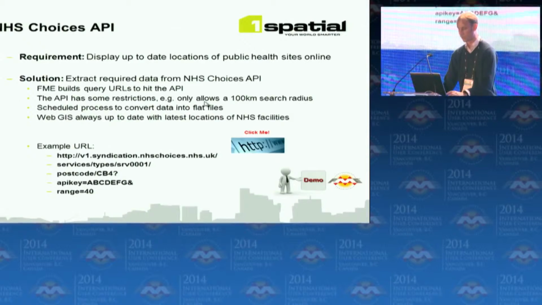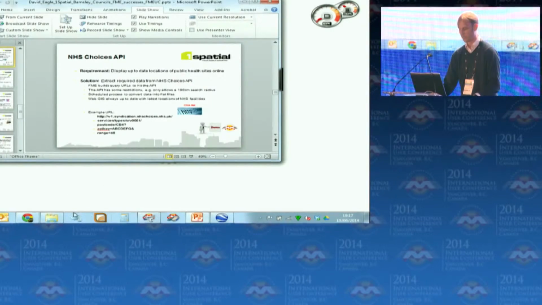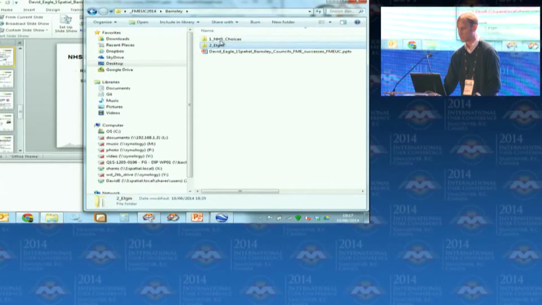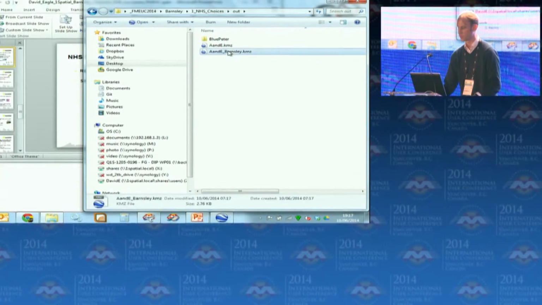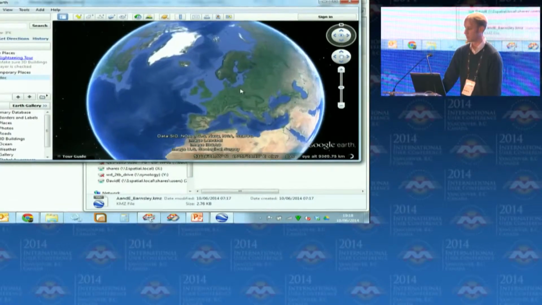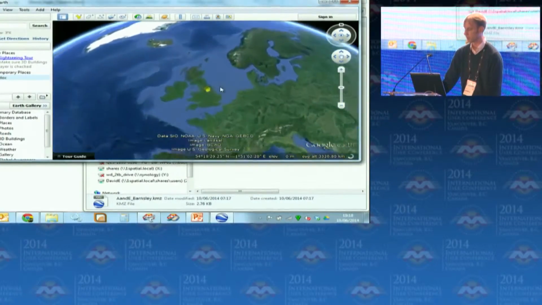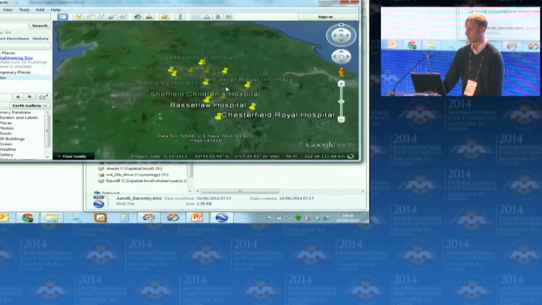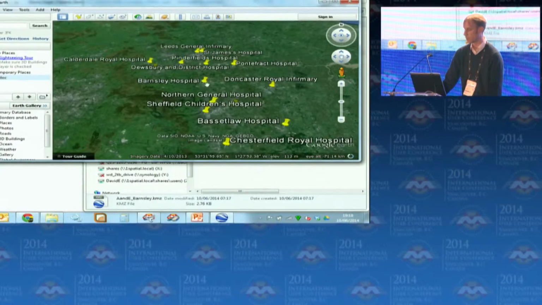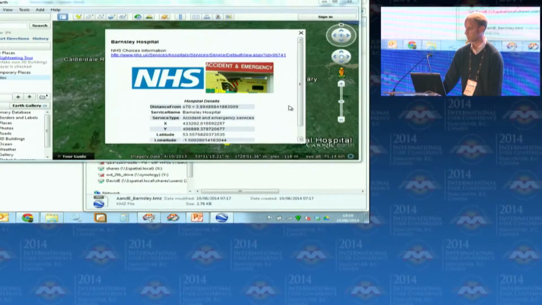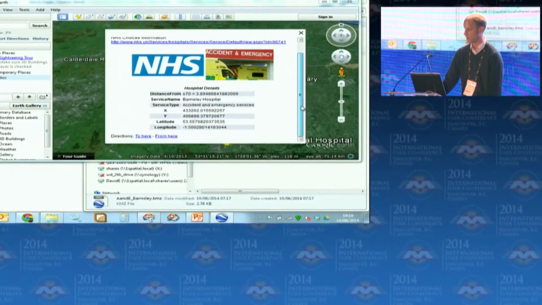We built a very quick process that allowed us to publish that data out to, in this case, some KML, but in actual fact it went out to a MapInfo TAB file to allow their Stratus system just literally to pick that content up on a weekly basis. Here we've got the hospitals with accident and emergency capabilities around the local area.